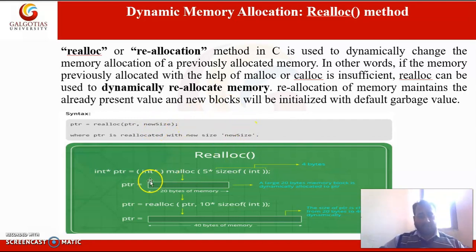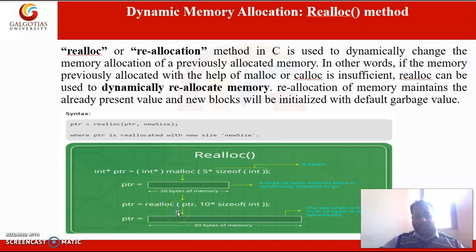In this block you can see that using the malloc method we have initialized the pointer variable with 5 elements, so a total of 20 bytes is reserved in memory.